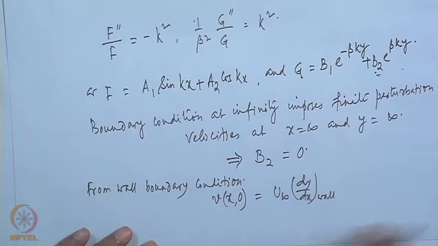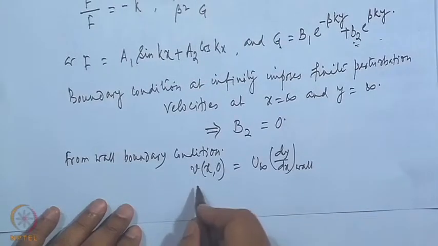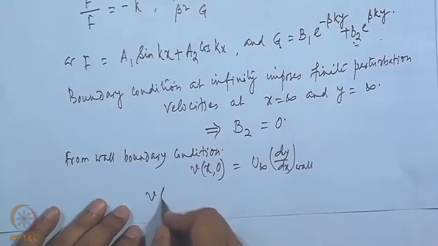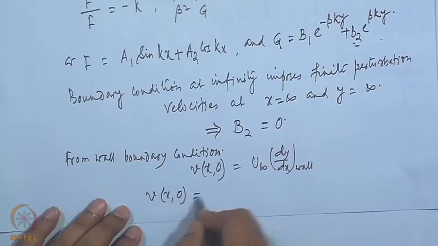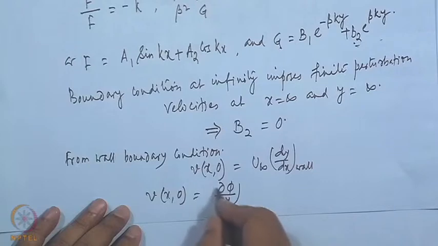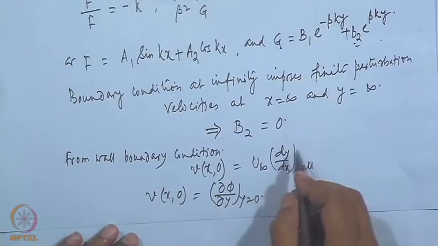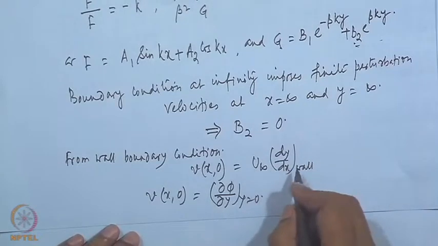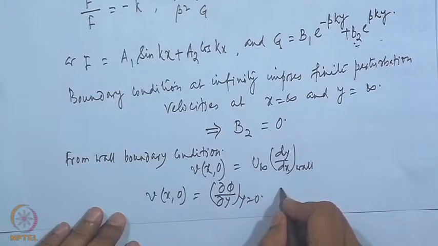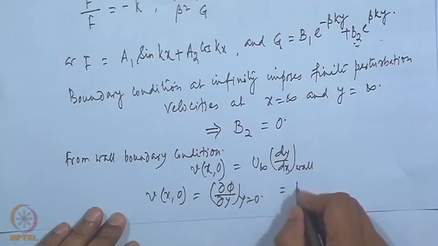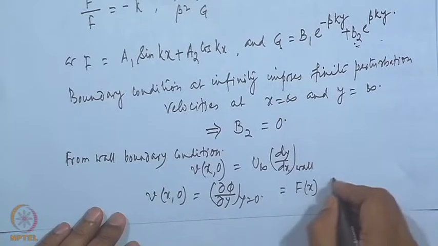Now, V x 0, which is d phi dy at y equal to 0, that is f x